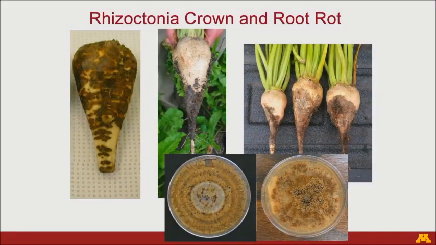Typically, by the time we go to harvest, this is what we are seeing. With typical rhizoctonia, we see a ladder-like pattern of reddish-brown lesions, but this is also not uncommon for us: the top of the root looks clean, and the really bottom portion has rhizoctonia. If you're not doing any cultivation, you're not throwing any soil, so most of the rhizoctonia is down here. When these roots die, this is what it makes. This is how rhizoctonia looks on the plates, but these look just like soil particles. There's no way for us to know whether it's soil or rhizoctonia.